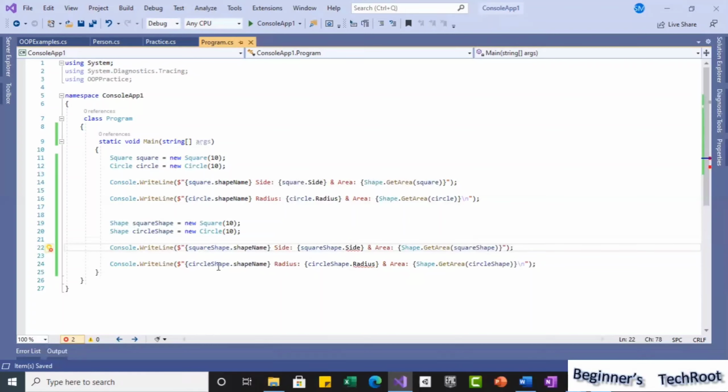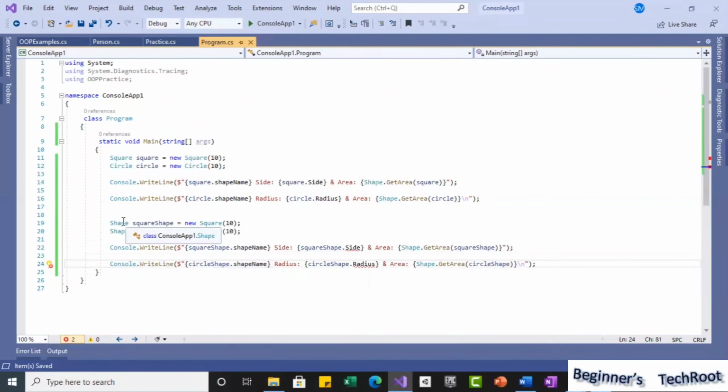Yes, now you can observe, square shape and circle shape I have given. But what is happening in this case: if you see side and radius, we are not able to access them because the type we created is the base type, and in the base type these are not available. So you cannot get them. But it allows casting.